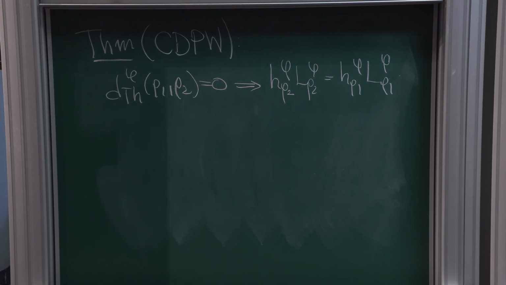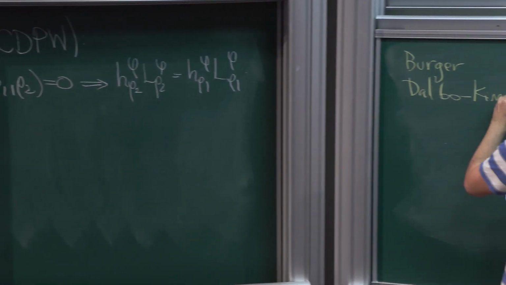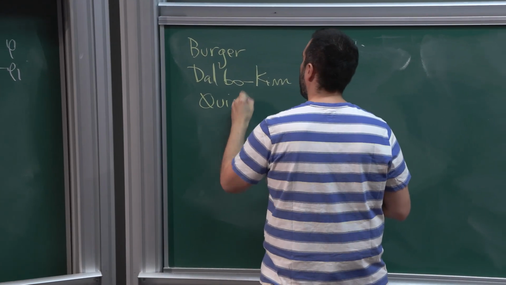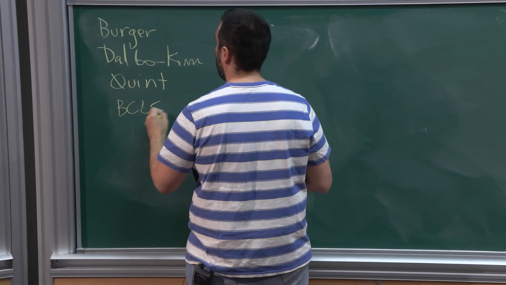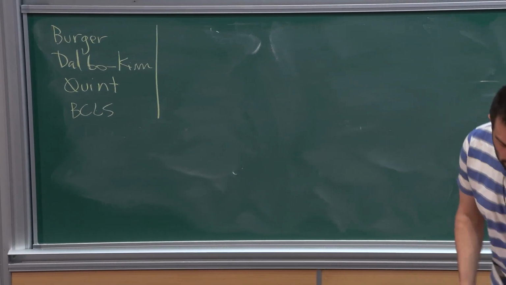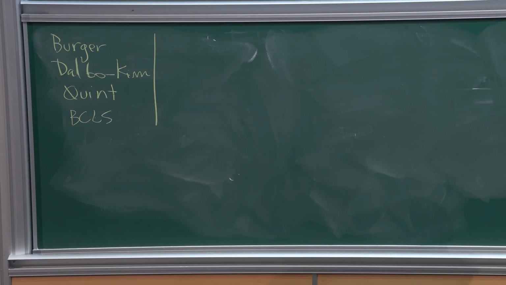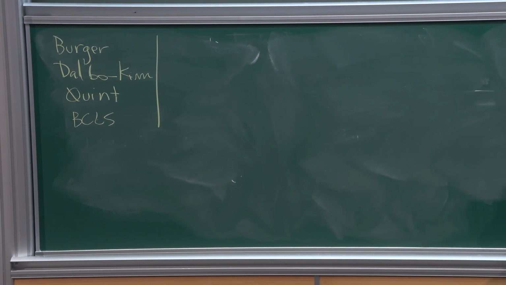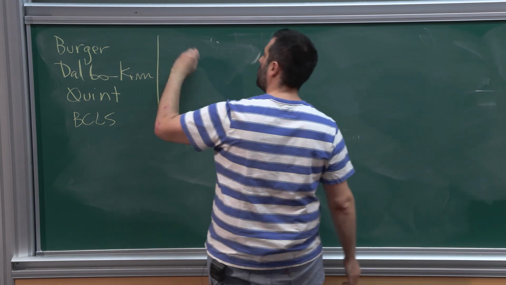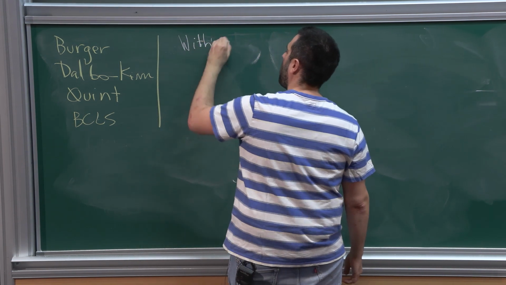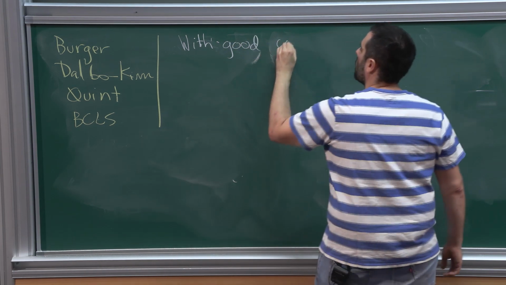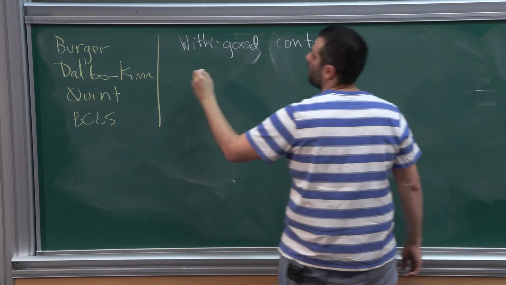I think that this has maybe a long history, right? I will throw out some names, and probably I will forget others. So maybe I will mention Burger, Dalbo, Kim, Kant, maybe BCLS as well. They say that if you have some good control on the Zariski closure of your given class of representations, so, let me say, with good control on Zariski closures,